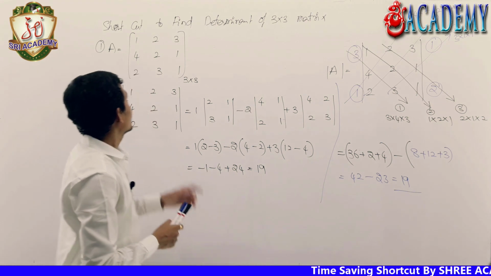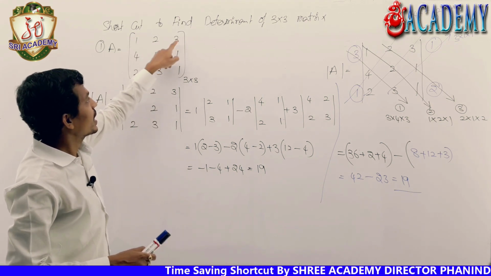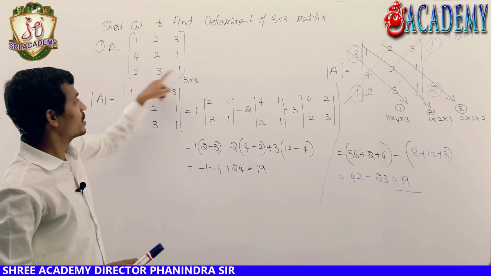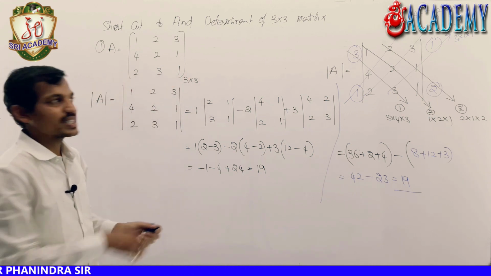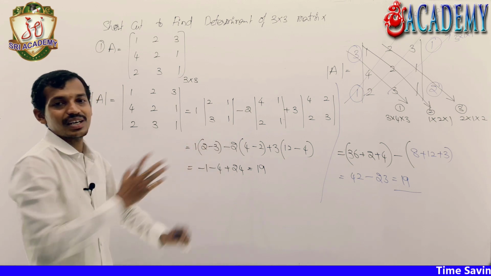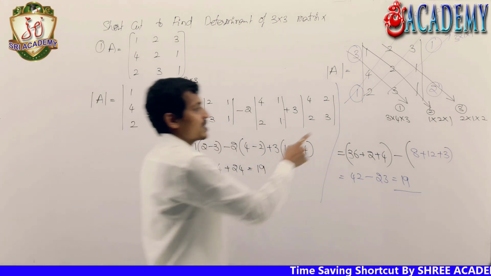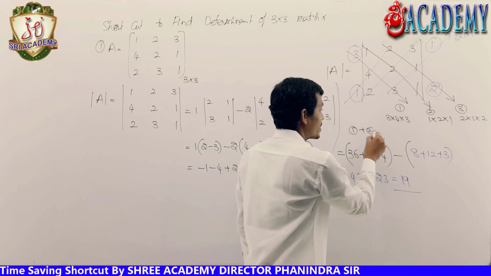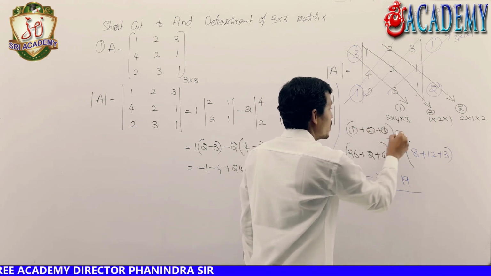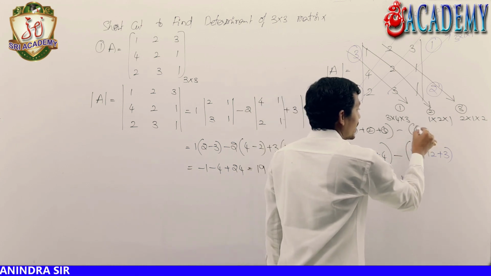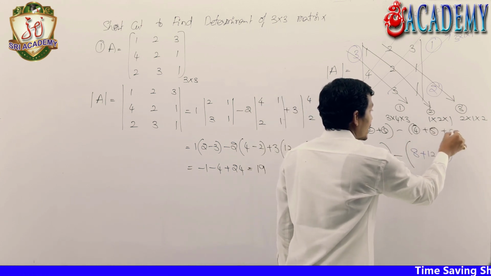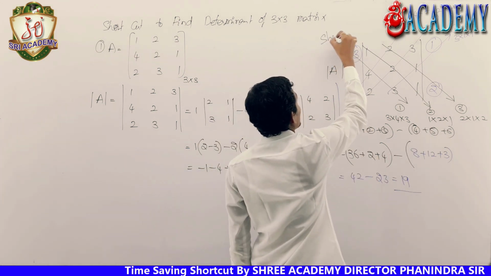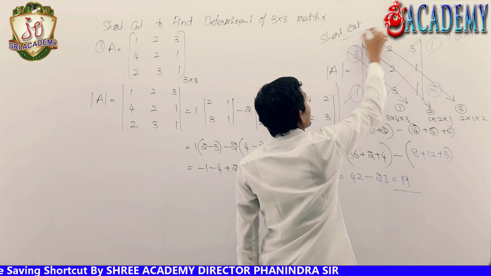What are we doing? We write the first element at last and the last element at first. Here also, from the last row, the last element first and the first element at last. Simply multiplication, addition and subtraction. First you have to add 3 equations, that is 1 plus 2 plus 3. Then you add the remaining equations and subtract them. That is going to be your resultant answer. This is our shortcut to write the determinant of a matrix.